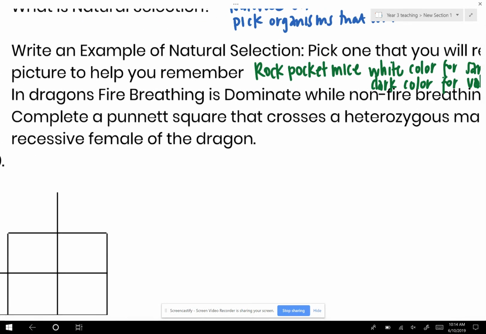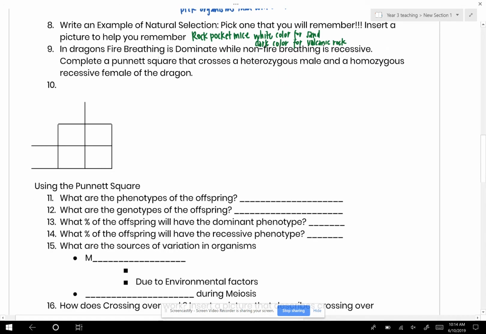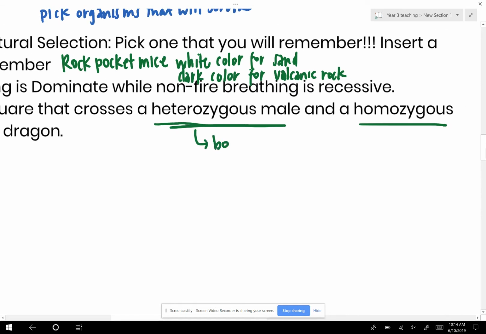Okay, so we're going to answer a couple of Punnett Square questions. It says in dragons, fire breathing is dominant to non-fire breathing, so non-fire breathing is recessive. Complete a Punnett Square that crosses a heterozygous male with a homozygous recessive female. Some things you have to remember: heterozygous means that you have both, right? You have one capital, so one dominant trait, and you have one recessive,